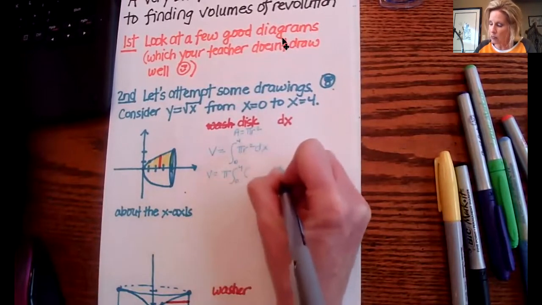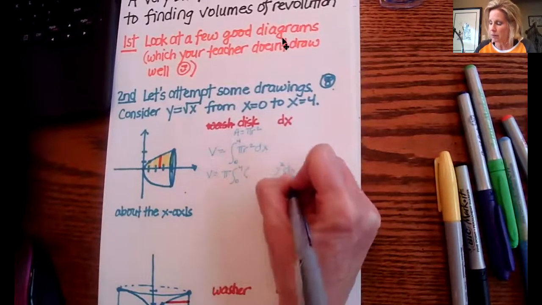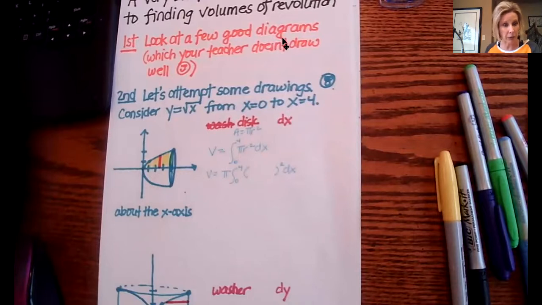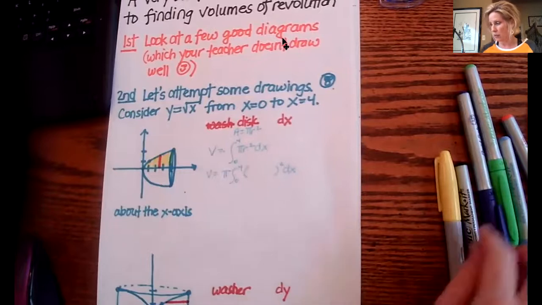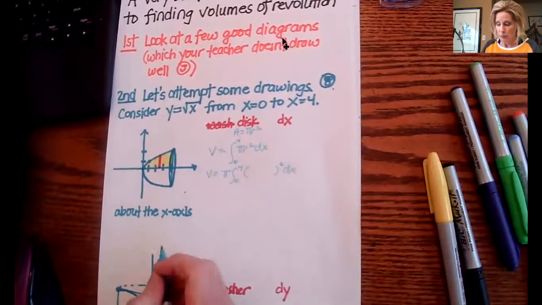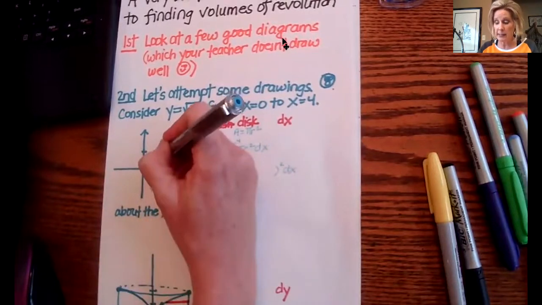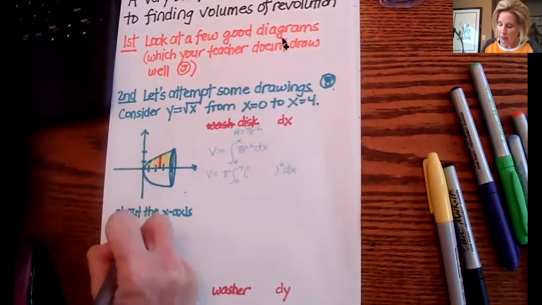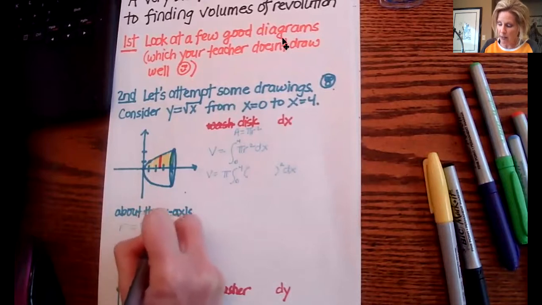And I need to decide what r squared is. So I've got a space for r squared, and I'm going to fill in r. Well, guys, r is this length. Now, let me tell you on this one, I'm trying to find the marker that maybe is going to write a little bit brighter for me. Let's see here. But on this one, since your length is vertical, then to find the vertical radius, this is my goofy way of remembering it,